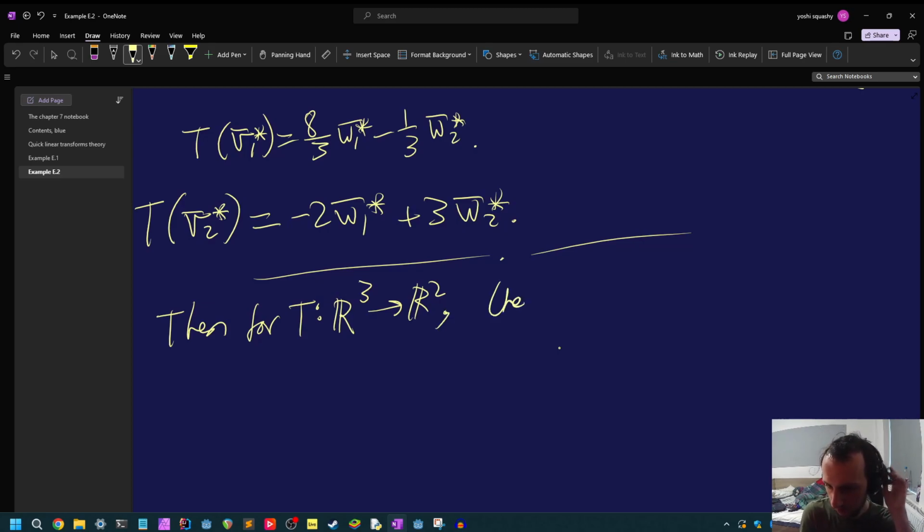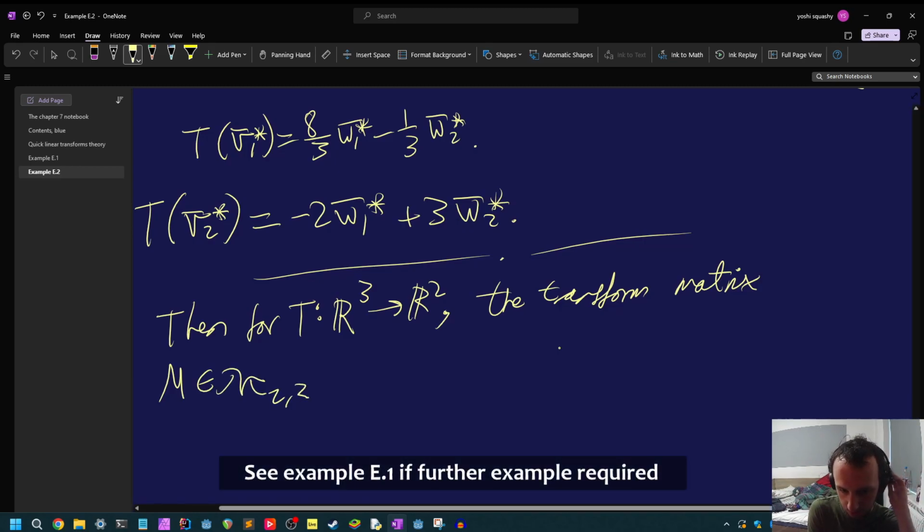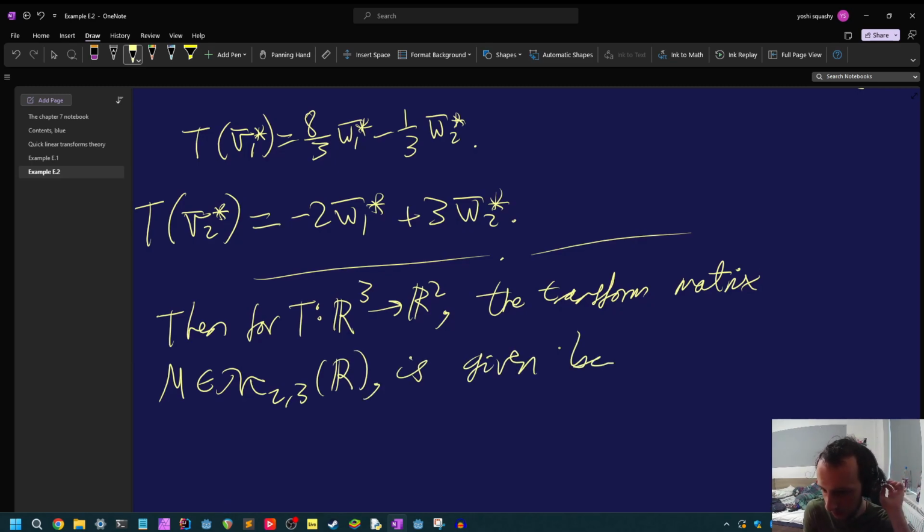T, the transform matrix, here we'll call it M to contrast with the A. Transform matrix M of the set. And as discussed, you take this and put it there. So it's a 2 by 3 matrix, real coefficients. It's given by